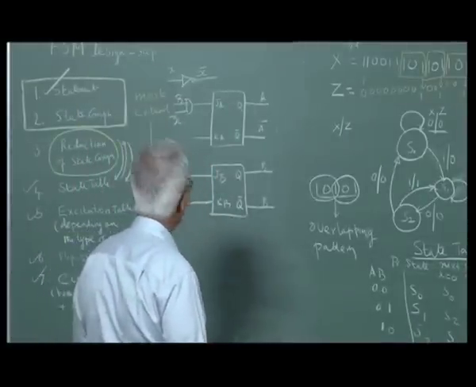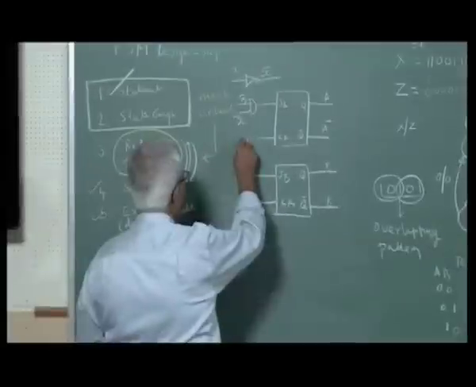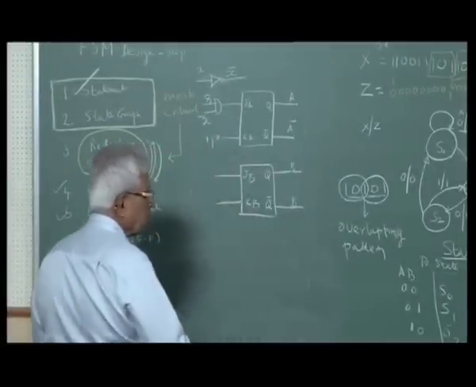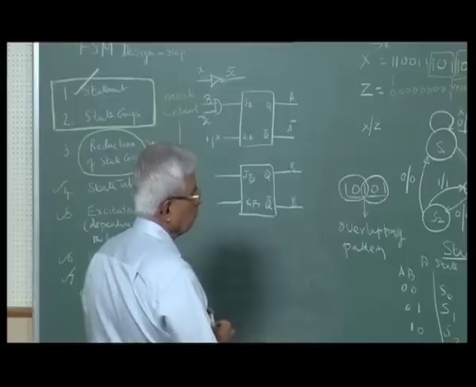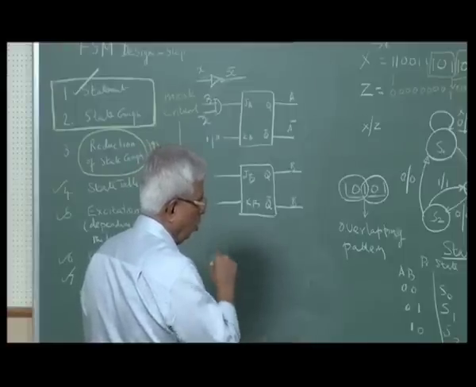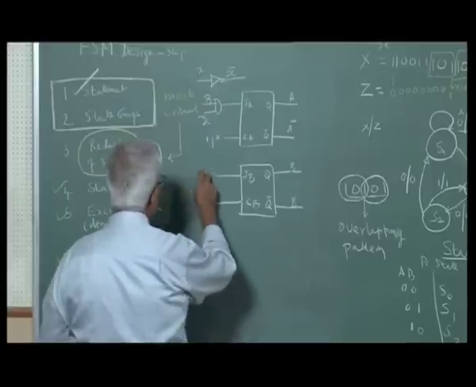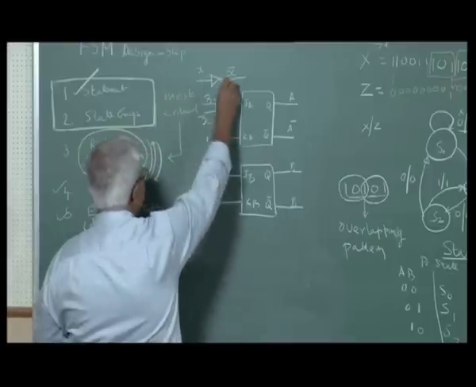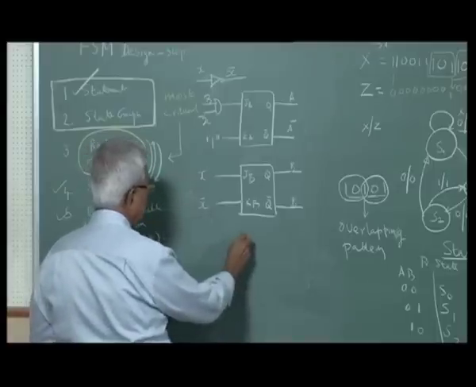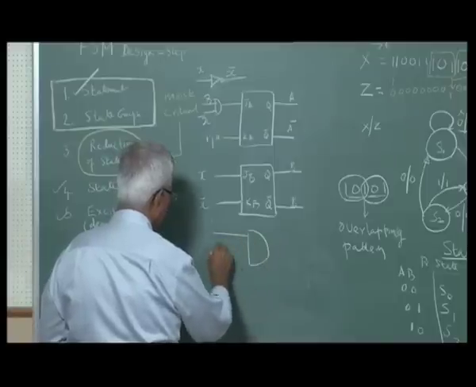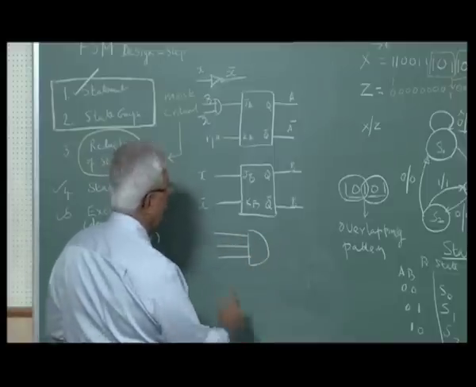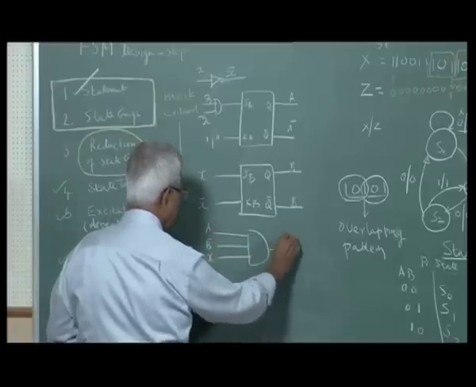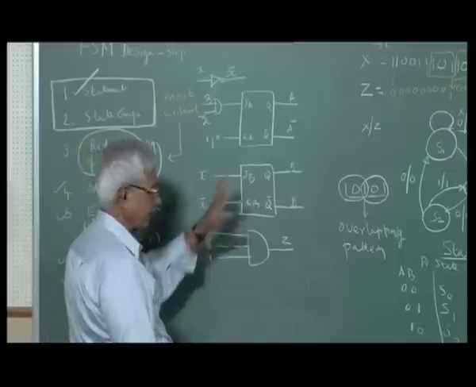Ka is 1, so no problem. 1 is 5 volts or whatever higher voltage you have. JB is X. KB bar, X bar, which is already there. X bar is there, I can use it. And Z is A B bar X. A is available, B bar is available, X is available. This completes the circuit design